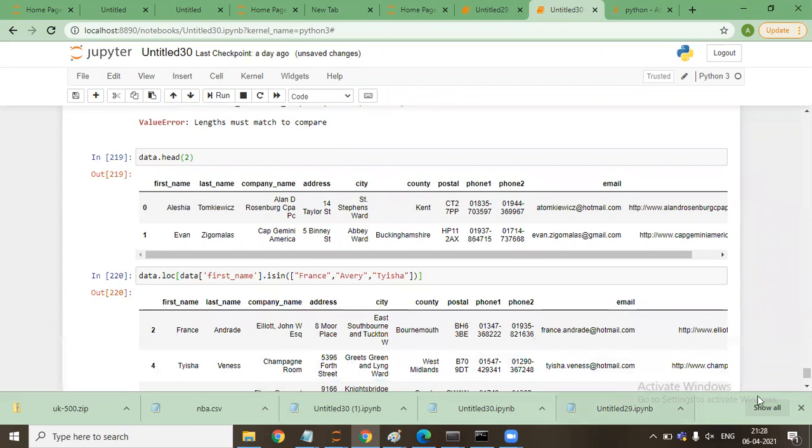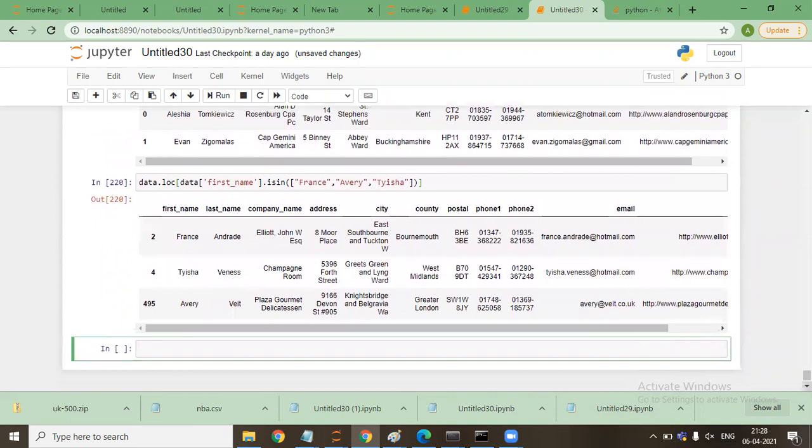Now all the rows where first name is either Friends, Every or Tisha will be displayed.